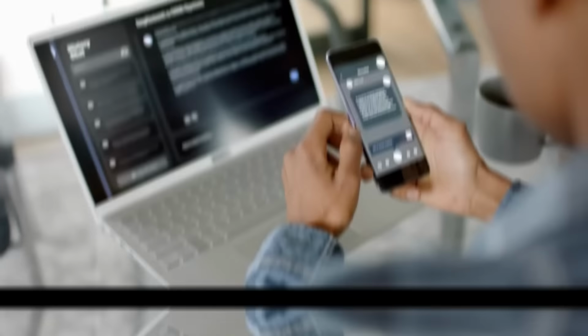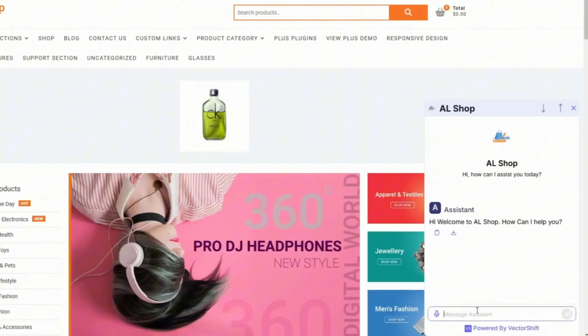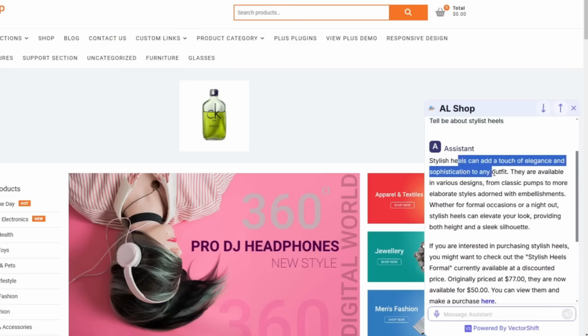Now you can create a chatbot for your WordPress website, capable of answering questions with your own custom data, whether that's data from your website or any other custom data source. You can create a chatbot like this and ask questions, drawing data from your website. For example, I can ask, "Tell me about stylish heels," and you can see the chatbot responding based on the